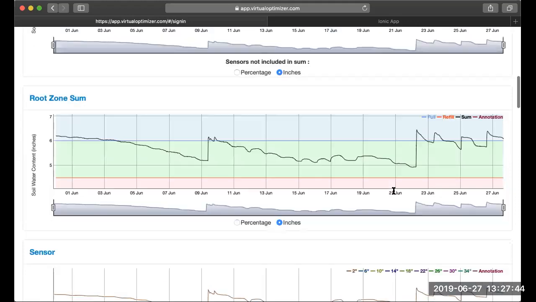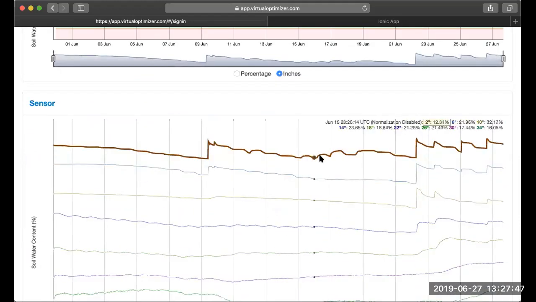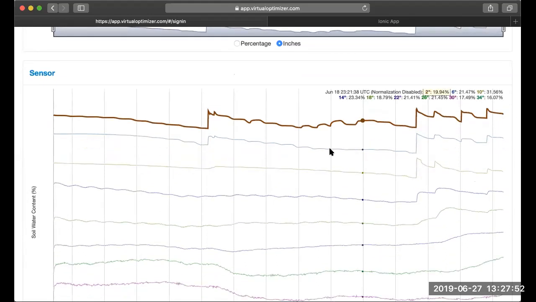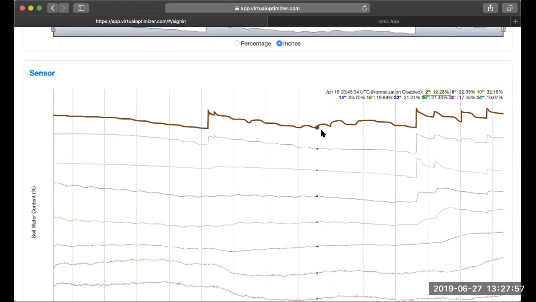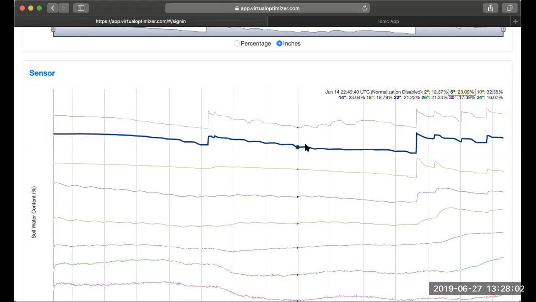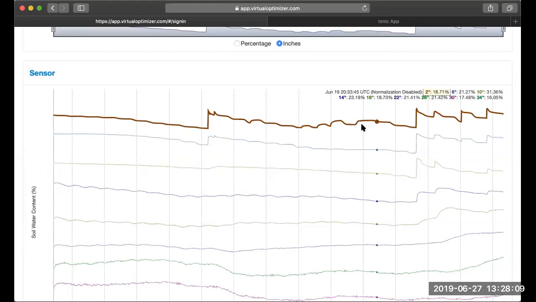But for some reason, when we look at the individual sensor, our top sensor actually increased in moisture content. The other sensors continued to lower. And it's very, very interesting what's taken place here. And as you can see, our 6-inch sensor, it really stalled out, just like we had a rain event here on the top, right? On the surface, it looks like we had rain, but the grower continually insists that we did not get any rain on